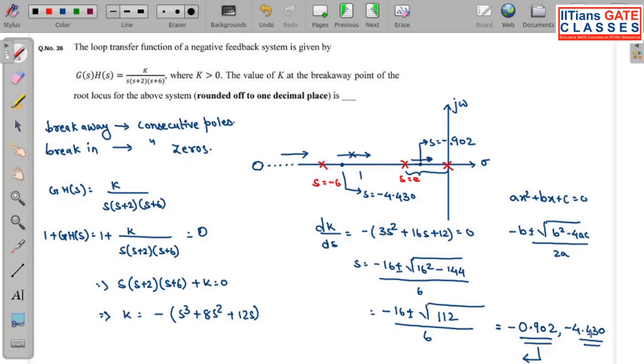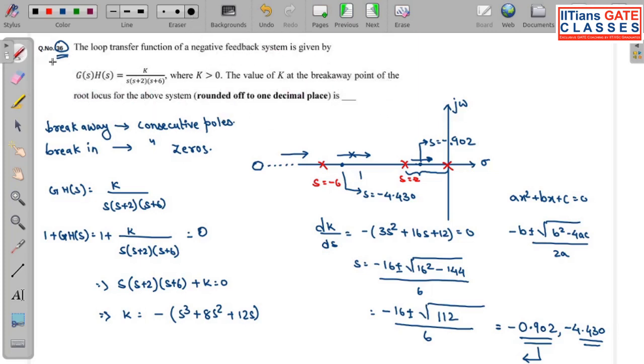After solving this much, if you put your answer minus 0.902 and you think your answer is correct, then it is very bad actually. Means you have lost. This is question number 36, a 2-mark question. So you will be losing 2 marks. Simple 2 marks you will be just losing.